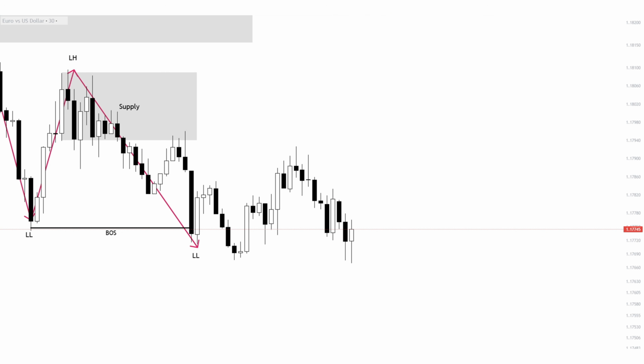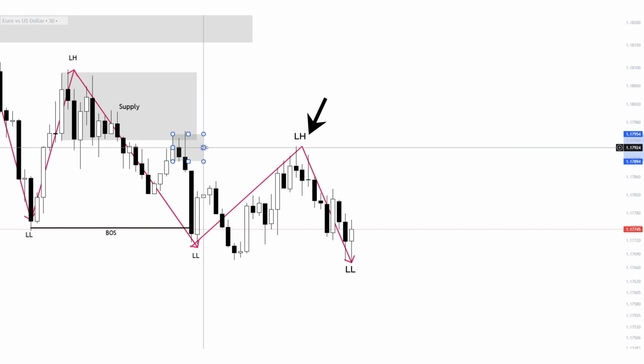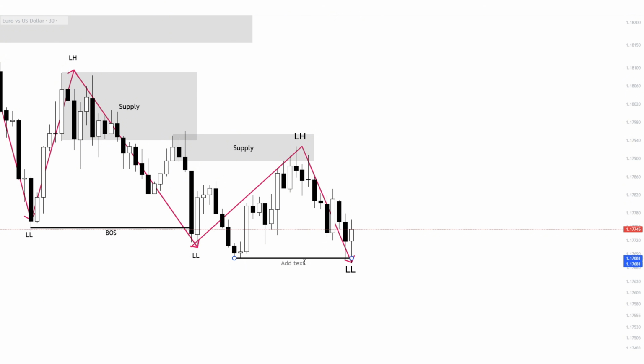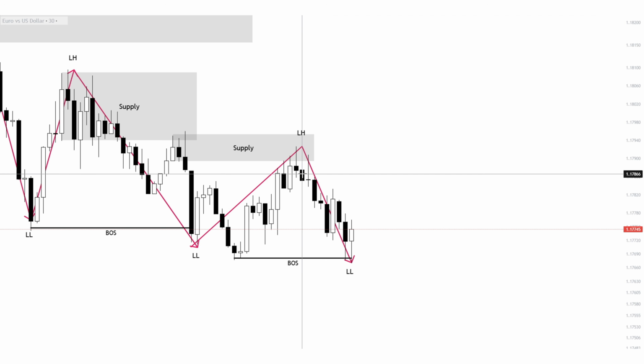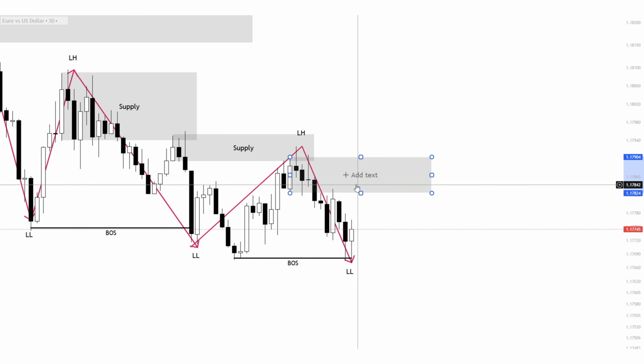For example, what happened shortly after is that we got another pullback to the upside that was then followed with a break of the last low, so again, a formation of a lower high coupled with a lower low, and similar as before, this new lower high might have rejected from a supply formed from the previous lower high, this supply pushing the market down into a lower low. Now after a lower low, we expect again a pullback to the upside, so it can create the lower high. That high ends up being a lower high because the pullback rejects back down from a supply, the supply being the last bullish candle before the market started pushing down into breaking the last low, this one being the supply,